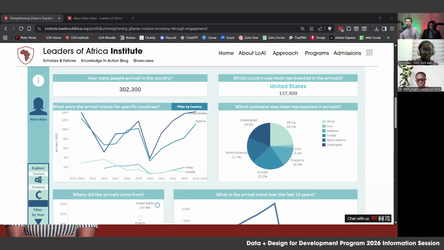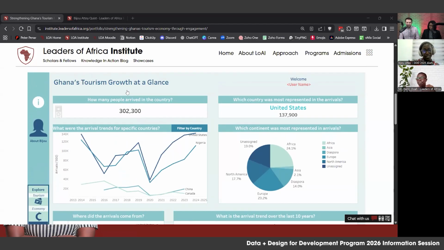They represent her history, her growth, and her future. So the goal of my capstone was to understand how Ghana's tourism sector, highlighting all of these, is growing and how it can be made more sustainable, inclusive, and locally beneficial. So I used Tableau to create this dashboard, and I worked with national tourism data that was publicly available from